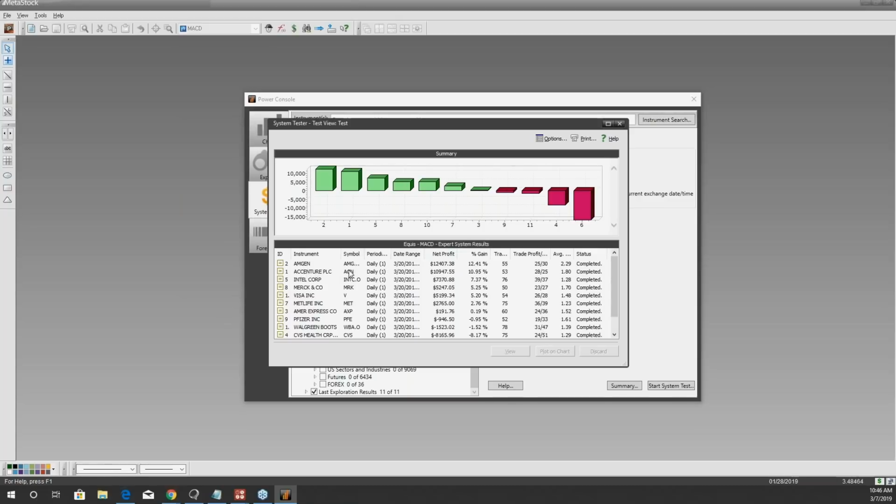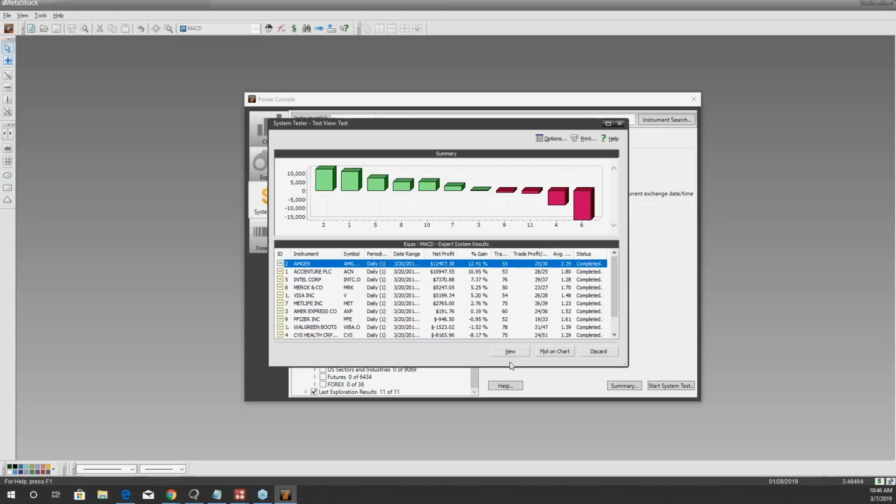Amgen has given us a 12% gain over the last 5 years with the MACD going long, taking the long positions, which is good, right? I mean, it's just the MACD. We have some good information here. We don't necessarily need to use the MACD alone, but we have an example here that shows we've made profits. Now, hopefully the equity line is good.